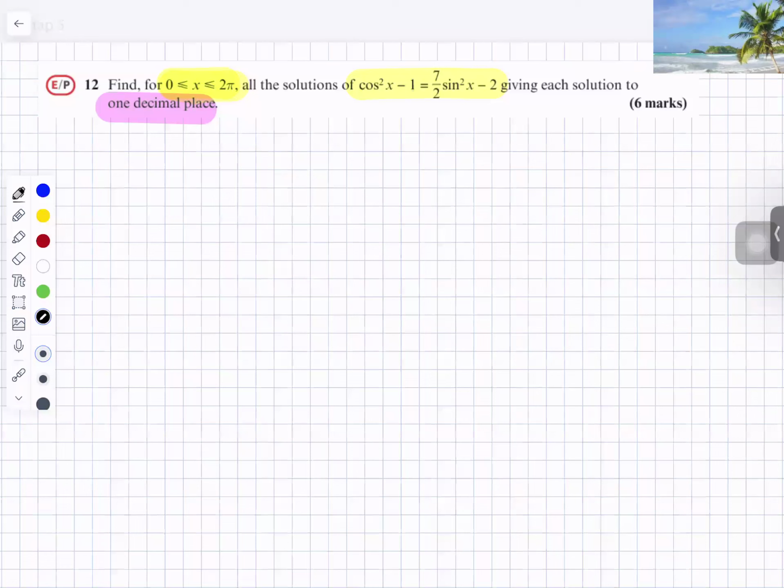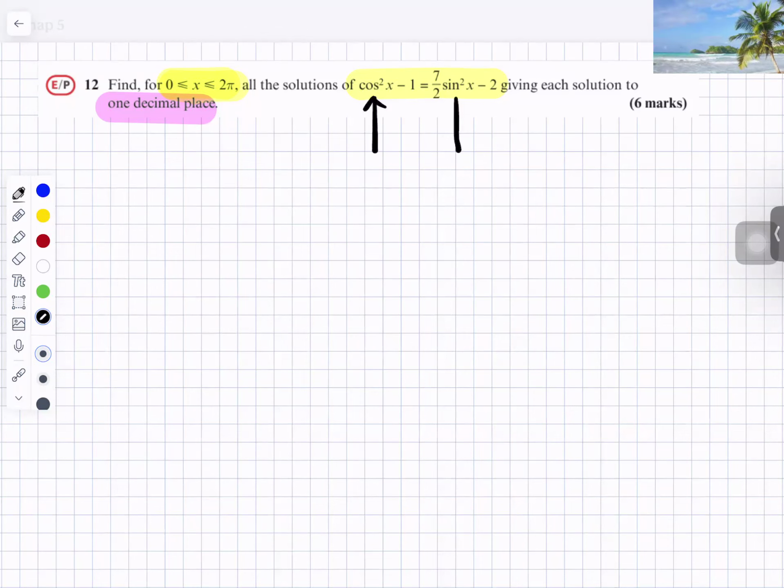Now we need to find a solution between 0 and 2π. So that means we have to have the calculator in radians, and we'll give the answer to one decimal place. I'll show you how to do it with the graphics calculator, and I'll also show you how to show the working out. If you notice in the question, it has got